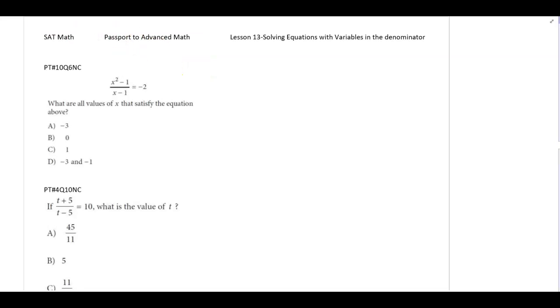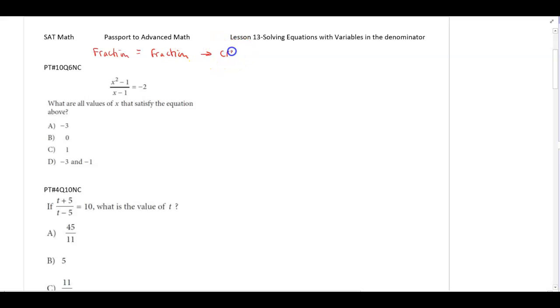Passport to Advanced Math Lesson 13 is basically solving equations with variables in the denominator. In this standard, they break it down to variables in the denominator or square roots or radicals. But this lesson only deals with variables in the denominator. Now, a majority of the time, anytime you have a fraction equals a fraction, the best thing to do is